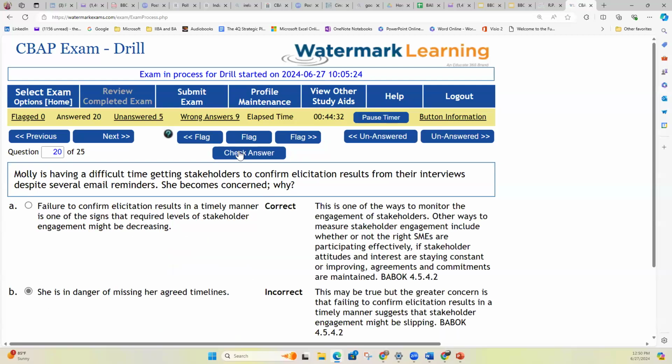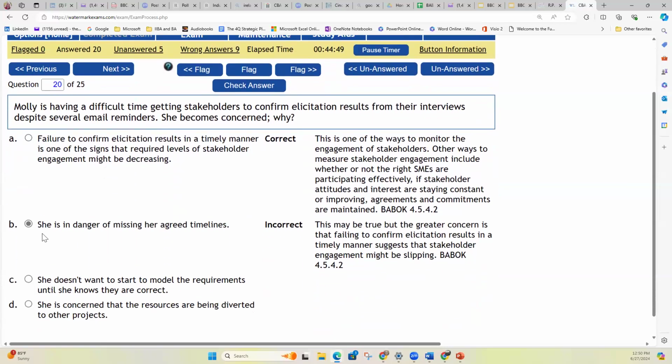Let's check the answer. Okay, so this is talking about the levels of stakeholder engagement, and it's the one that the BABOK says. If stakeholder attitudes and interests are staying consistent or improving, agreements and commitments are maintained. She's in danger of missing her agreed timelines. This may be true, but the greater concern is your stakeholders' engagement,